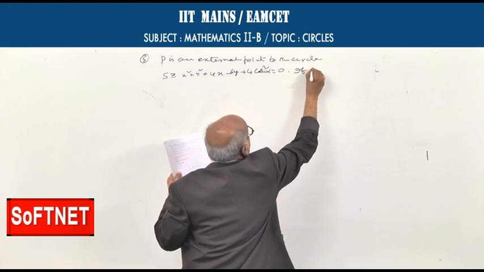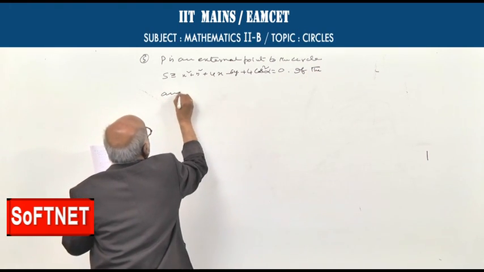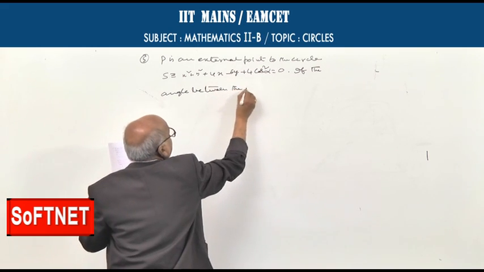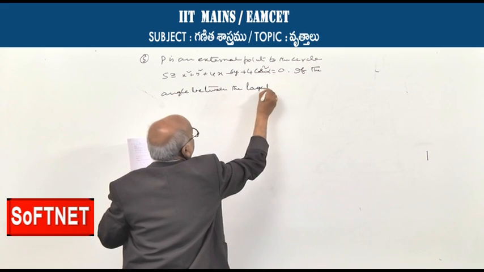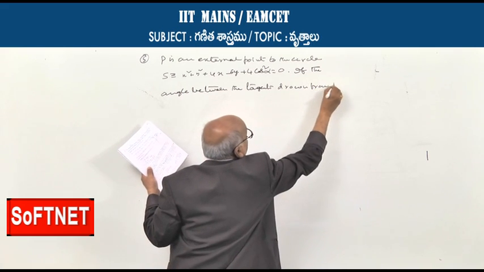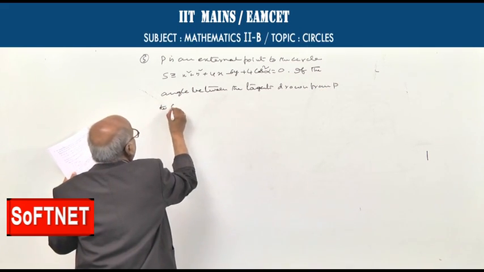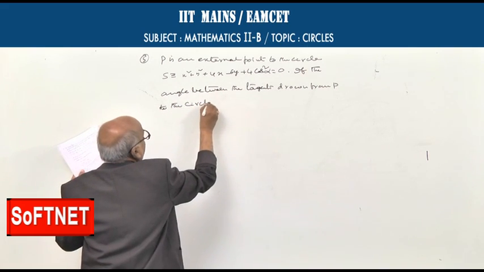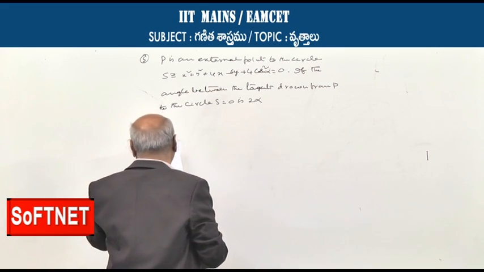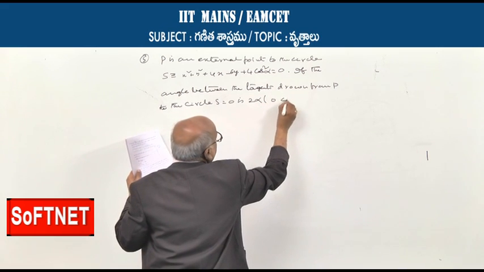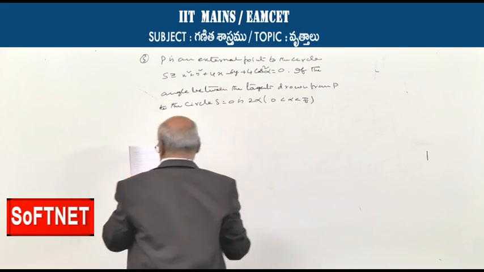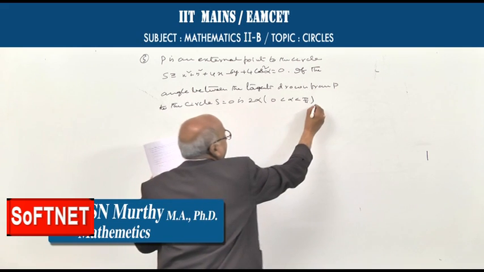Now, if the angle between the tangents drawn from P to the circle S equal to 0 is 2 alpha, where 0 less than alpha less than pi by 4, then